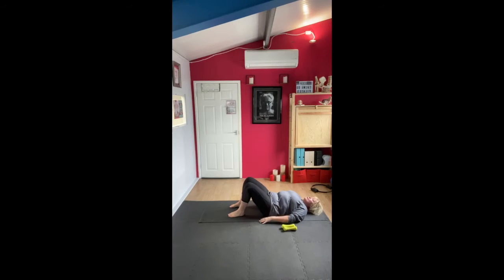and release, so imprint and release. Just start off with this, just gently lowering the back to the mat and lifting. So just down and up. And then last one. Okay, so bring your arms down to the side, turn your palms in and your thumbs